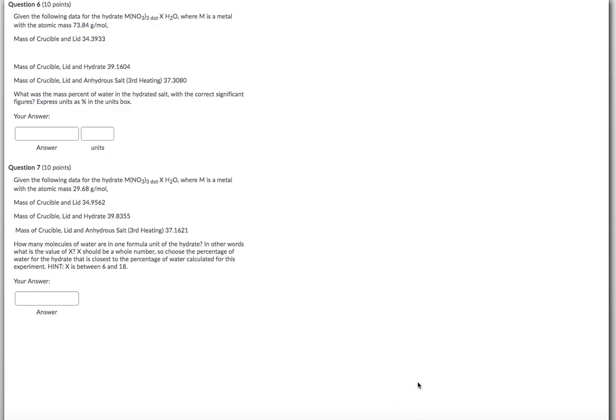Alright, so when we're dealing with a problem like this, what we're going to be doing is taking a look at the situation. I'll draw a little diagram here. We're going to have a crucible, we'll have a lid, and inside here we'll have some hydrate. So that's a crucible, lid, and hydrate. And then we're going to heat it,